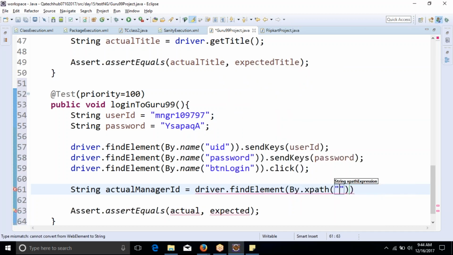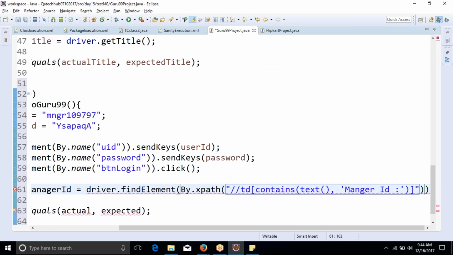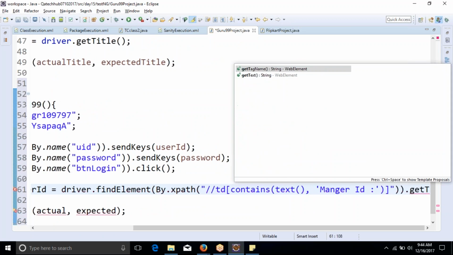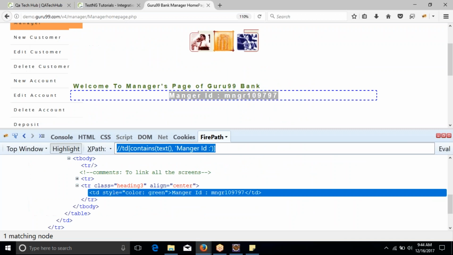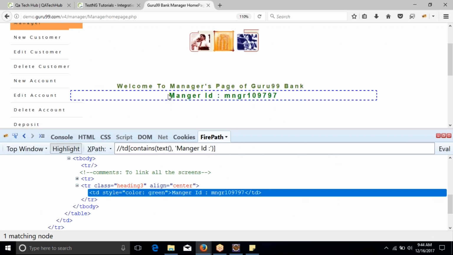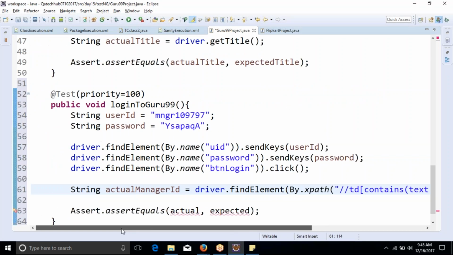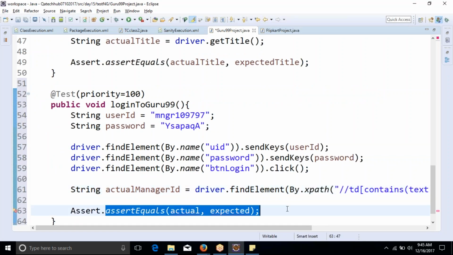And what is the xpath? This, dot get text. Okay, so this gives me the complete statement. But what do we want? We want this second part, right? Either we want this second part, or we can simply put an assertion stating assert dot